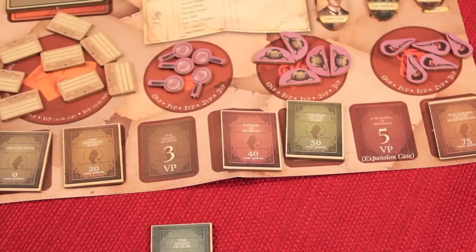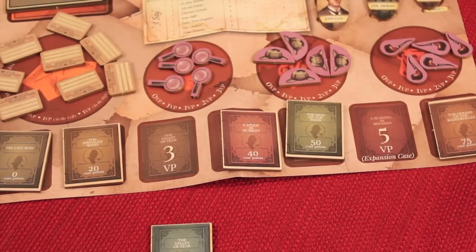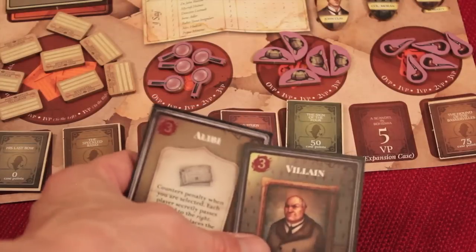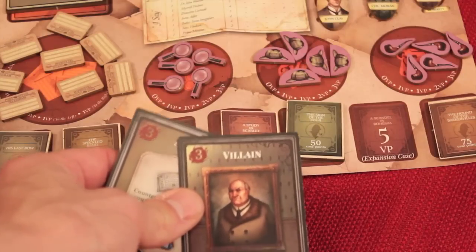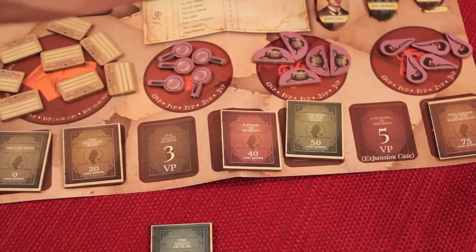Now, another way that you can end the game, other than arresting, is actually escaping. So on your turn, if in your hand you have, at any time, just a villain card or multiple villain cards, and the only other cards you could possibly have are these white interrupt cards, the alibis and the mastermind, you simply can just throw it down and say that you escape. And in this case, you would get this villain's token, which would be this gentleman right here,